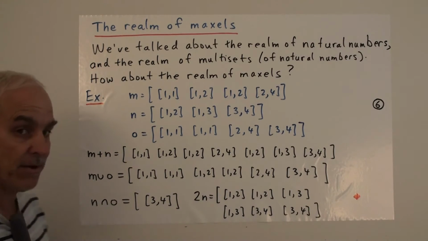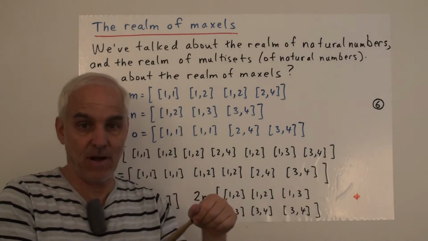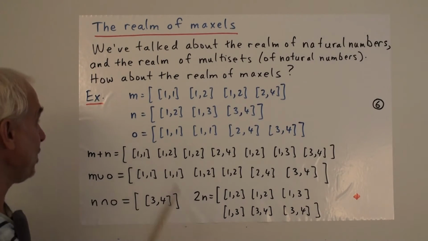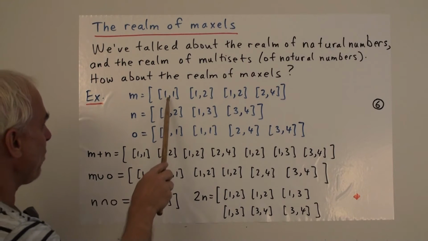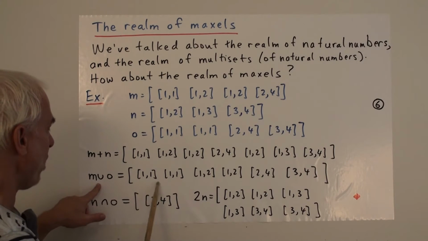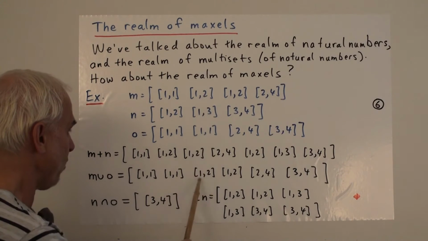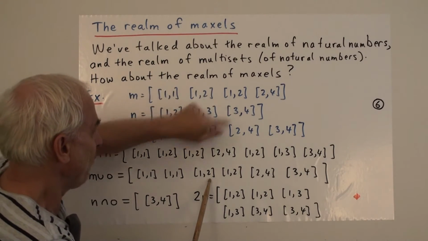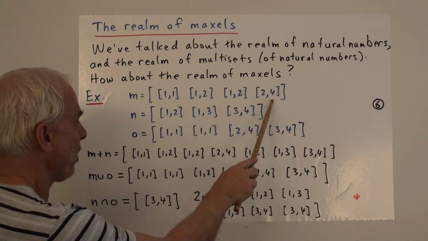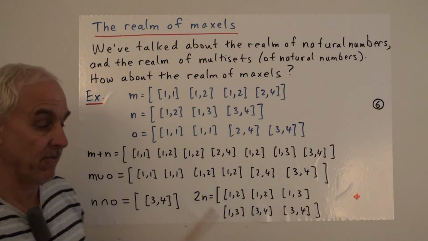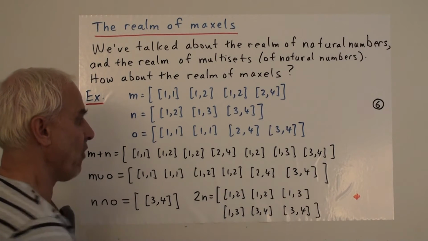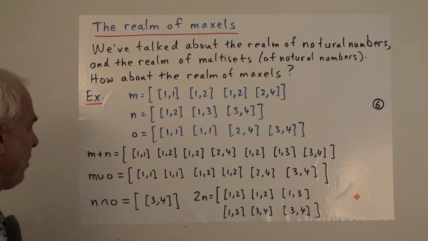If we take a union, that means we're looking at multiplicities of objects and taking the union of the multiplicities, in other words, the maximum. And so the union of M and O, well, how many 1,1s do we have? Here there's 1, and here there's 2. So the maximum of that is 2. So this union will have 1,1, 1,1. And 1,2, there's one of them there. And, oh, actually there's 2 of them in the M maxile, so there'll be 2 in the union. And then we have a 2,4 here and a 2,4 here. So the maximum of that is 1, so there'll be a single 2,4 in the union. And then in addition we have a single 3,4 there. So there's the union of M and O.